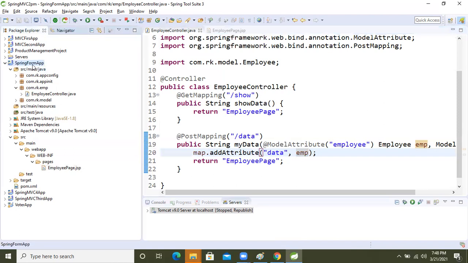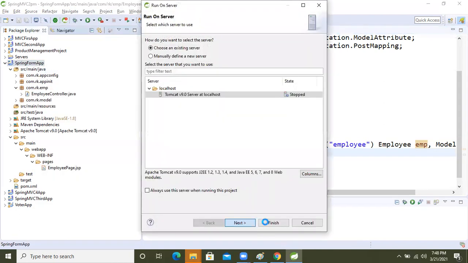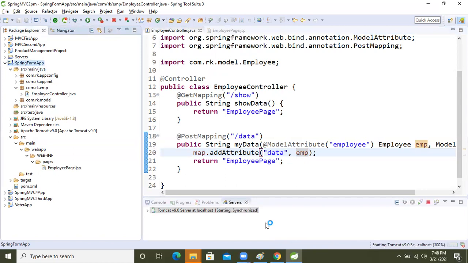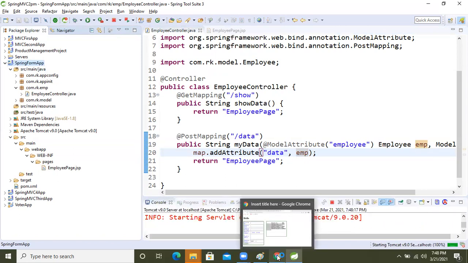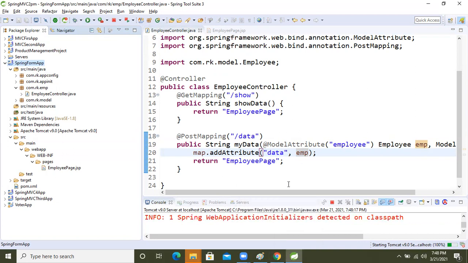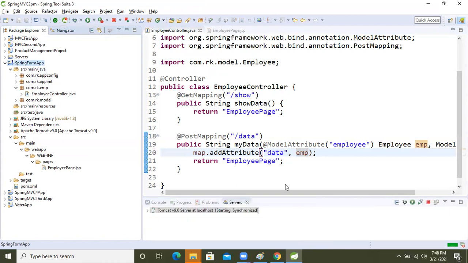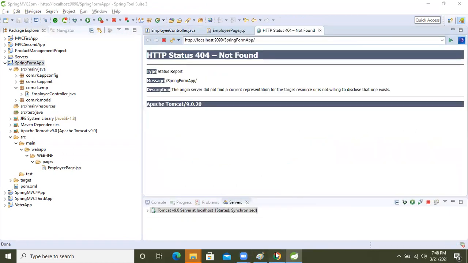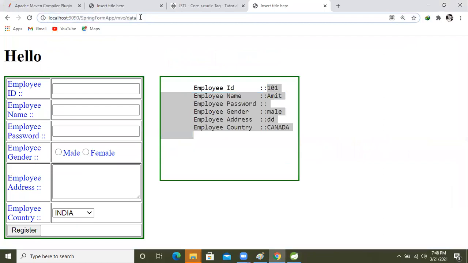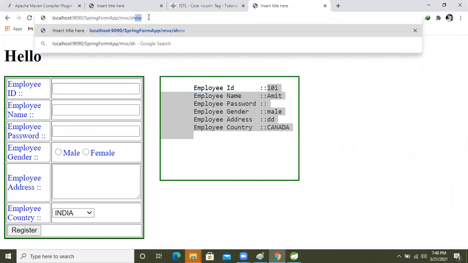So let's run this application and we will get the same output. Okay, now come here. I'm calling the show method.